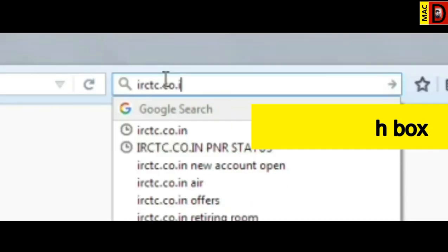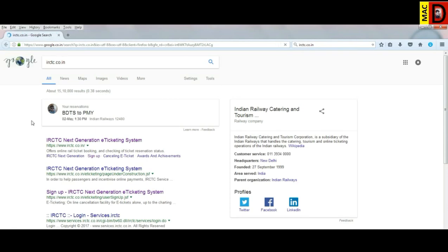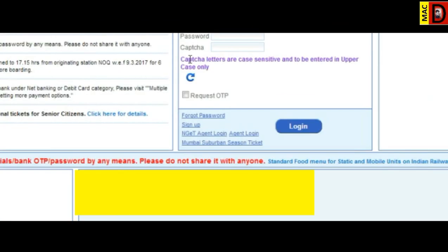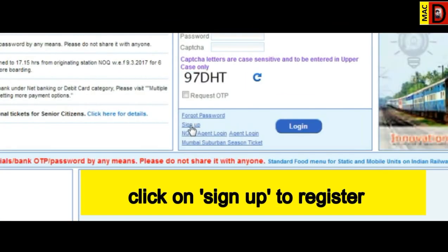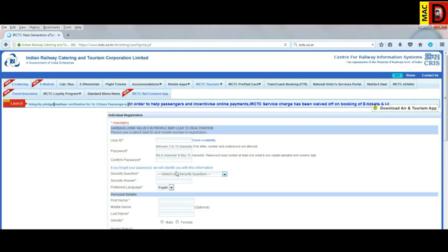Simply type irctc.co.in in your search box and make sure you type the exact spelling so that the first link that appears on your Google web page, simply click on that link, and here is the IRCTC web page. In very small letters, it's written sign up in that blue link. Click on sign up to create a new account, and as soon as you click, you will find a registration